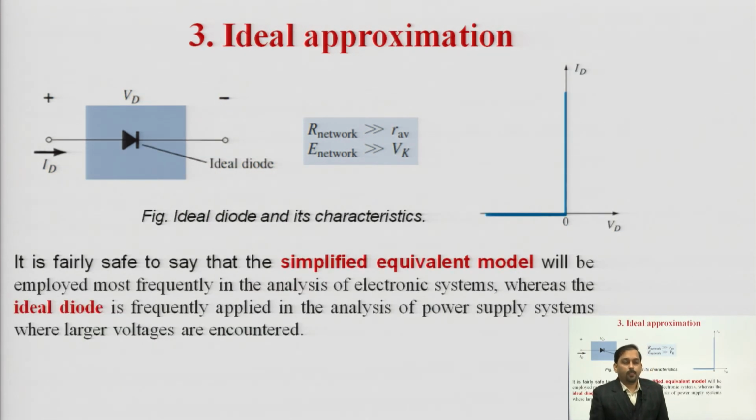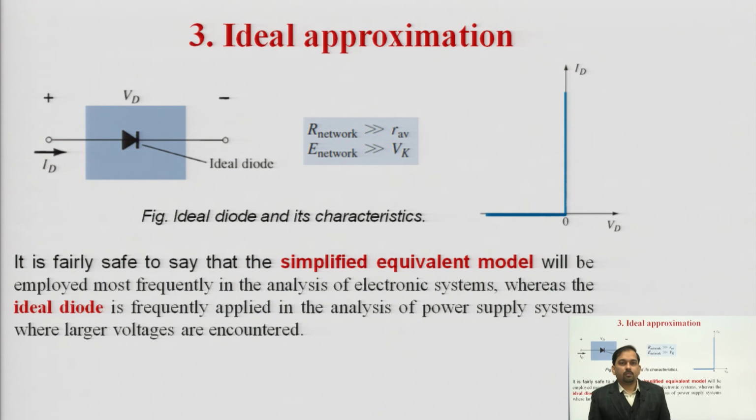Next, after that we have the ideal approximation. The ideal approximation says that the cut-in voltage of the diode is negligibly small, meaning Vk is 0. How is this approximation true? When the voltages applied in the network are very large. So in comparison with the applied voltage, we can neglect the